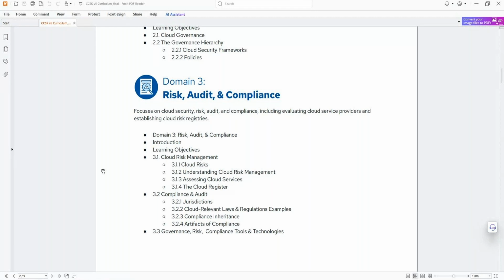Okay, we have an organization that is handling customers' credit card data. For that organization, what regulation or standard do they have to comply with? PCI DSS, right? They have to comply with PCI DSS, no doubt in that. So when they have to comply with PCI DSS,